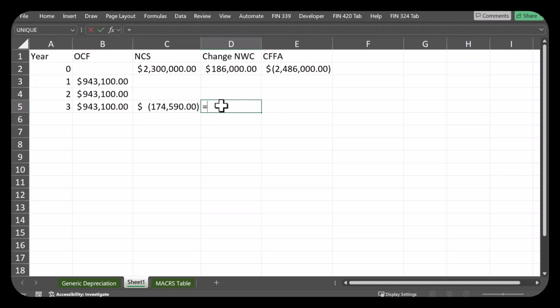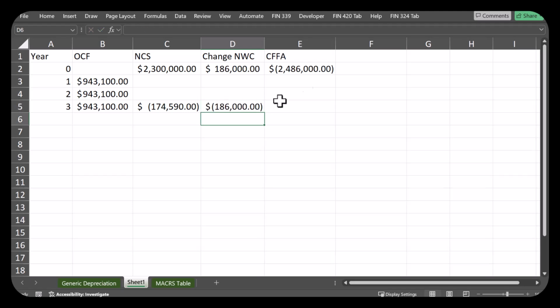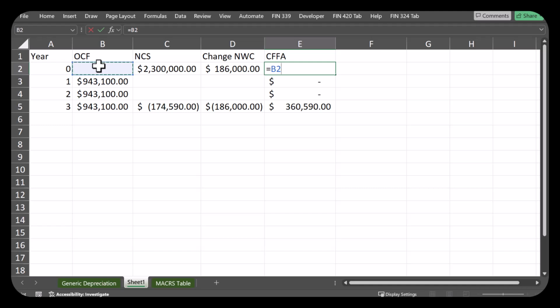Change in net working capital is equal to a negative of 186,000. And let's calculate CFFA for each year. Apparently, I have not done the job. OCF minus net capital spending minus